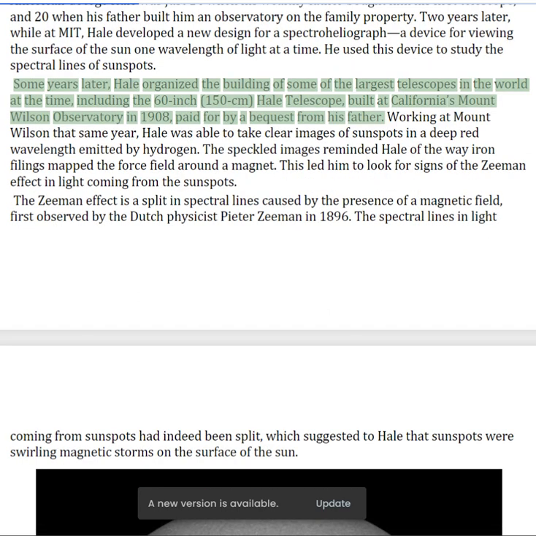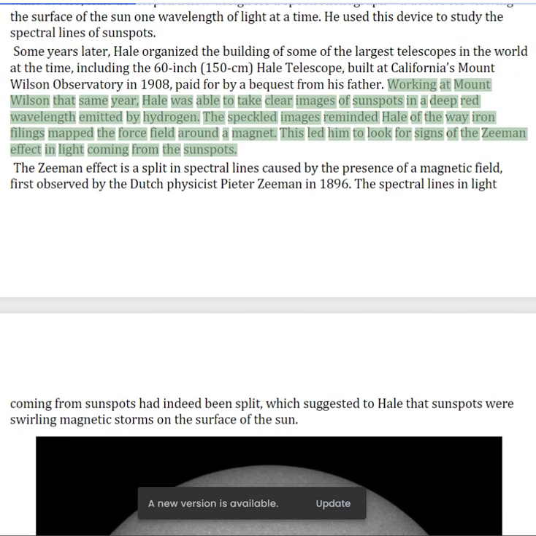Some years later, Hale organized the building of some of the largest telescopes in the world at the time, including the 60-inch Hale telescope, built at California's Mount Wilson Observatory in 1908, paid for by a bequest from his father. Working at Mount Wilson that same year, Hale was able to take clear images of sunspots in a deep red